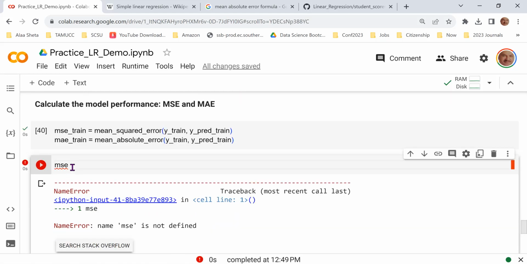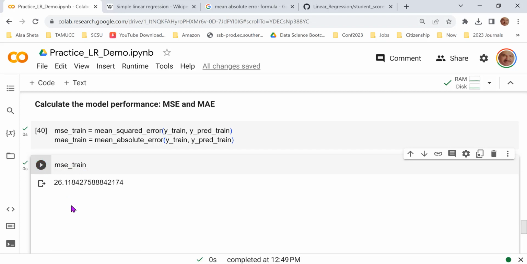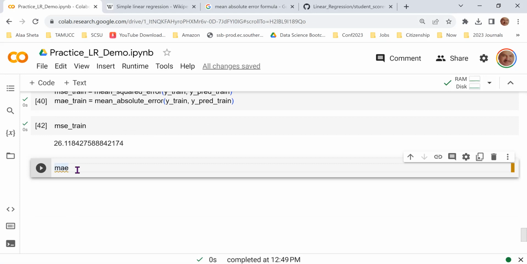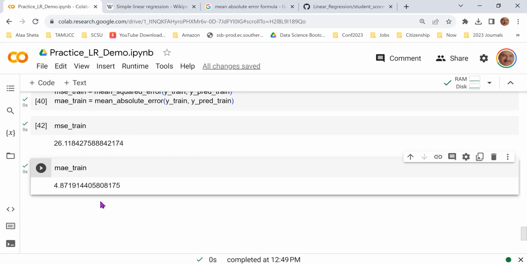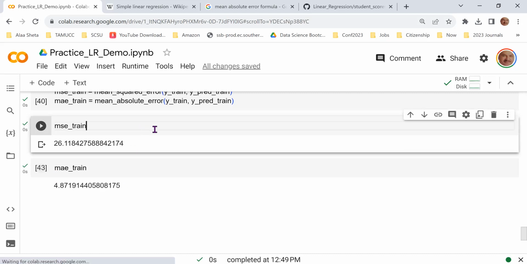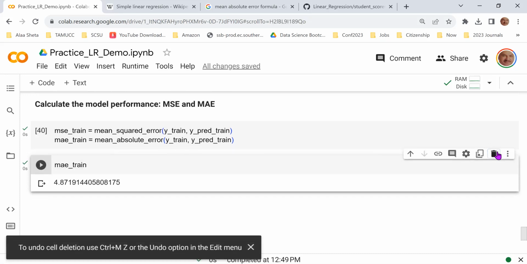Mean square error train should be mean square error train. Here we go, and then mean square error train. Here we go. So that's the calculated error, right? Let me just finish this. I'm just showing you the. Now I can